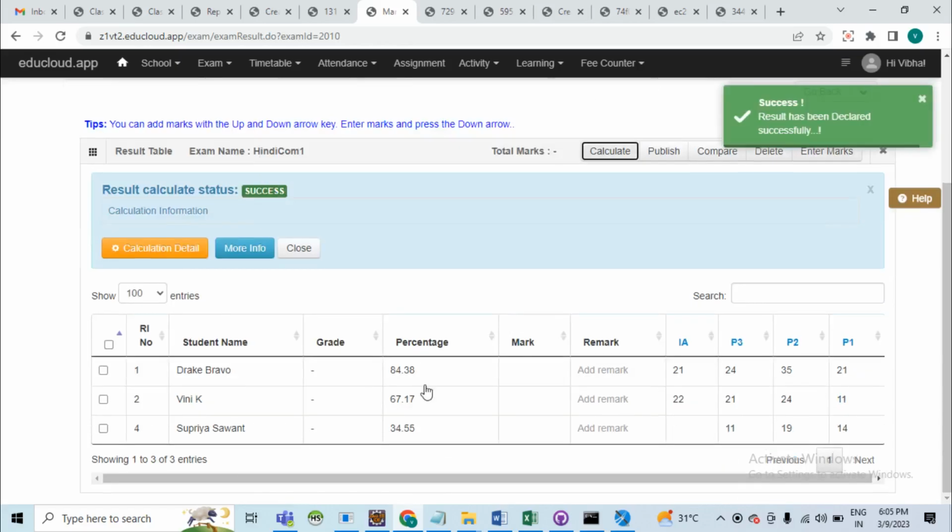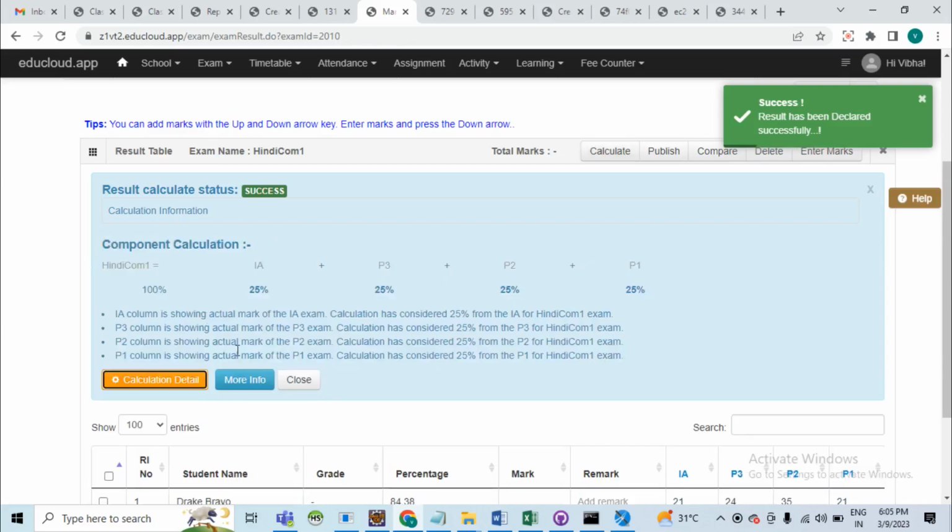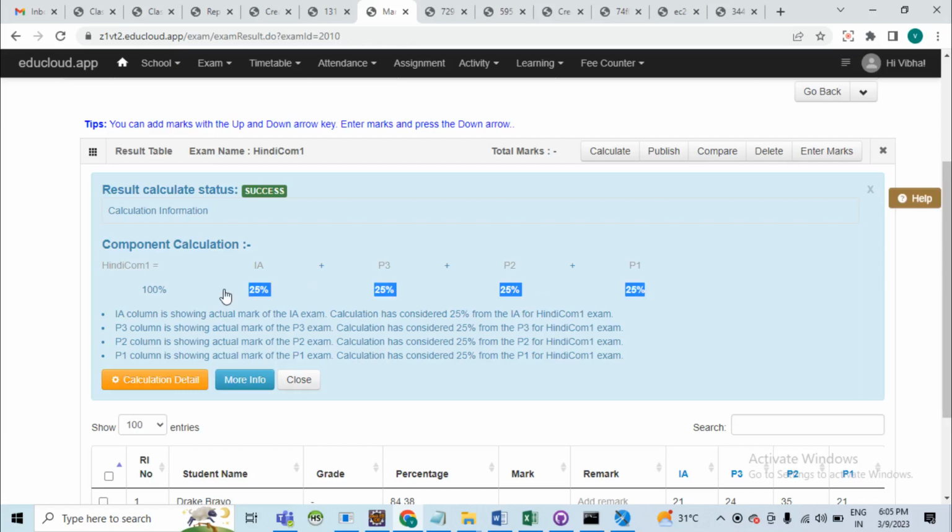If you click here, the Hindi component 1 is 100%, then paper 1 is 25, paper 2 is 25, paper 3 is 25, paper 4 is 25. I can change the ratio. This is just an example. I can change the ratio like 30, 40, 10, 15, whatever we want. Okay, I just click close here, and the calculations we get here in the report card,